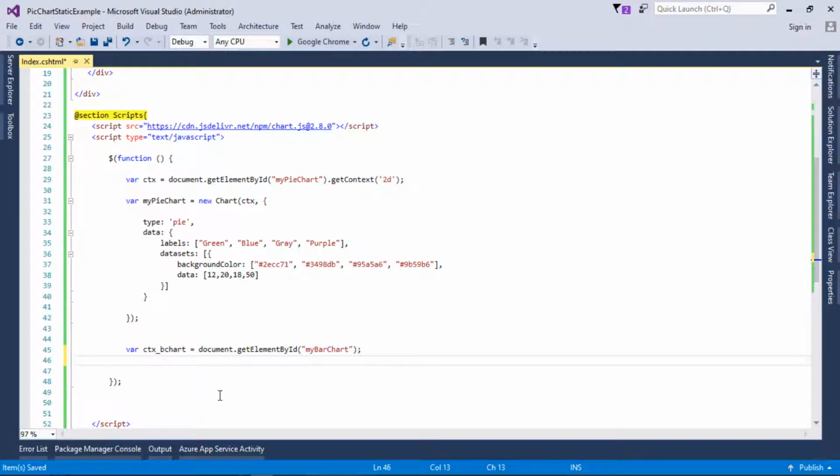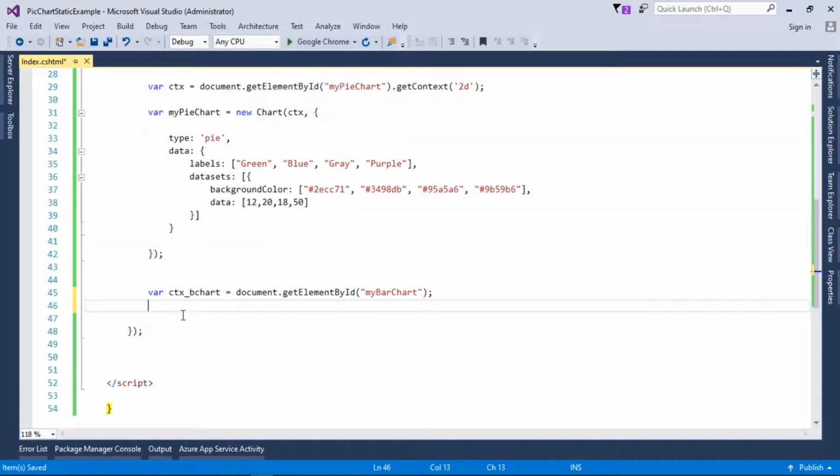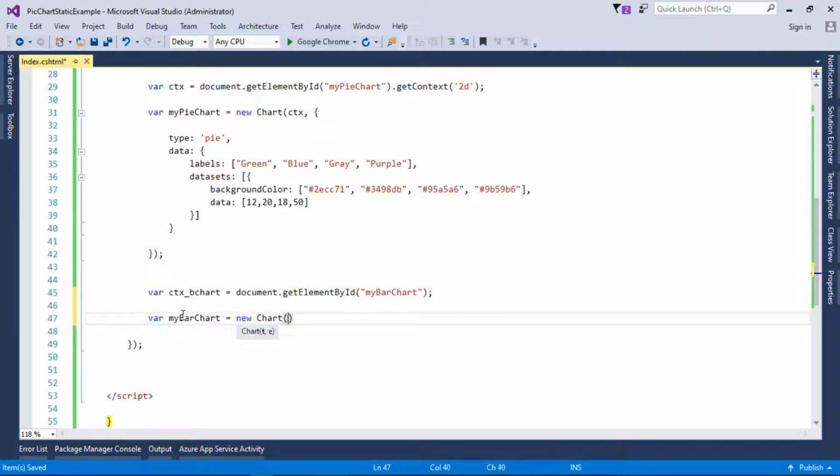Okay guys, I will zoom in a bit, and similarly we have our chart object. So myBarChart equals new Chart, and this Chart takes a context, which will be the bar chart context, and the other one will be an object.